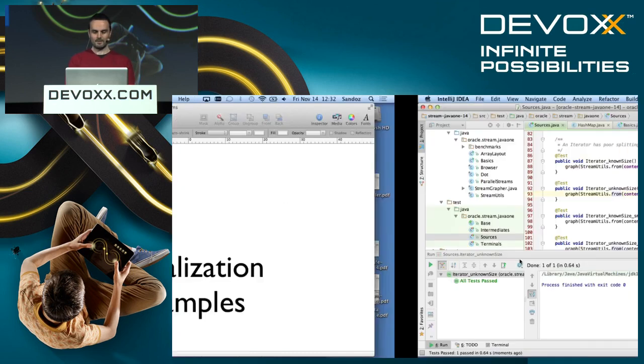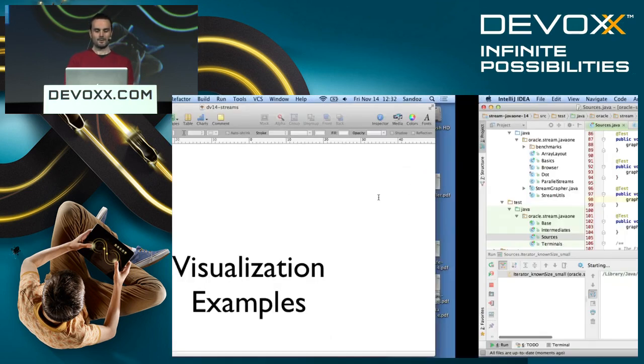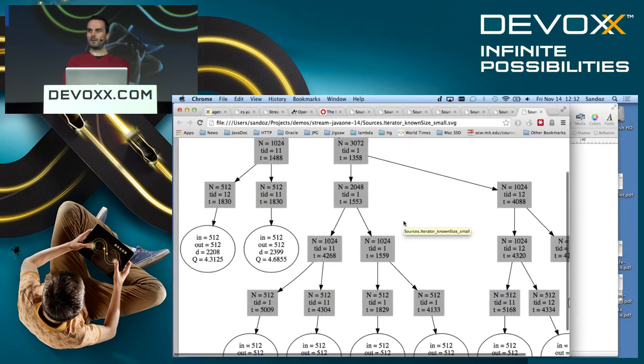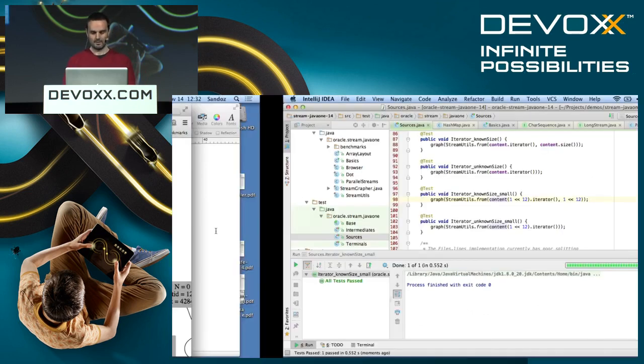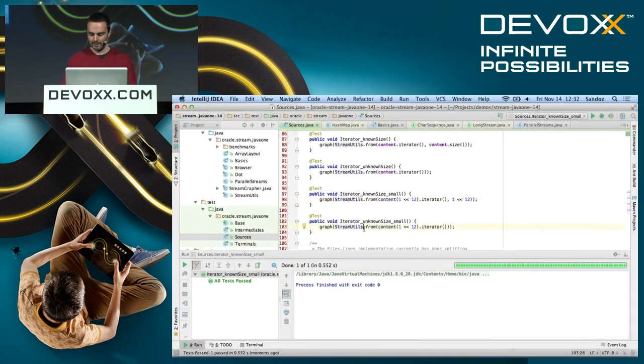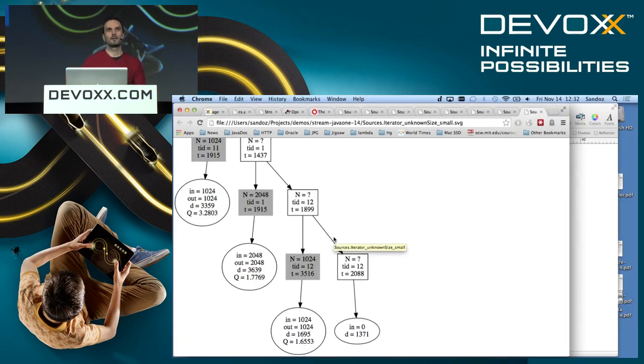But if we have a smaller iterator of known size with small content instead, not 1,000,000 elements, but a smaller number of elements, we'll start to see a little bit of a different shape. And the reason is our threshold for splitting is a lot lower than before. The threshold to stop splitting is a lot lower. So when we split off 1,000 elements and get to 512, we'll start operating on that. So we get a kind of lumpy-ish shape. The important thing here is size is an important characteristic to optimize. If we don't know its size, even for a small iterator, there's not much we can do. We get that same shape again, coming back.